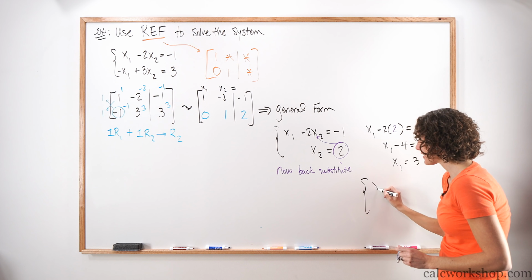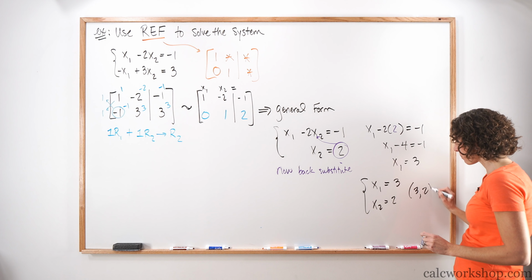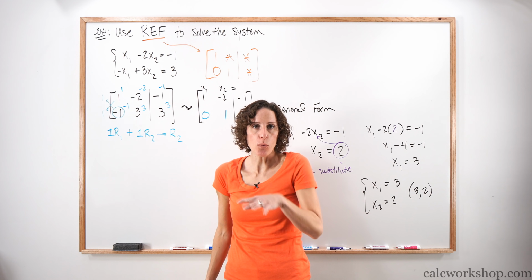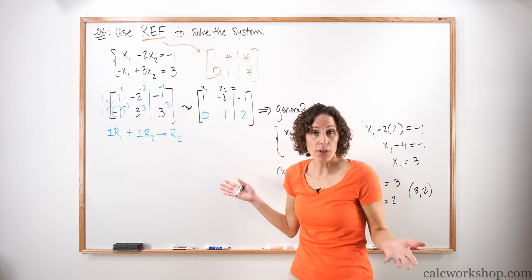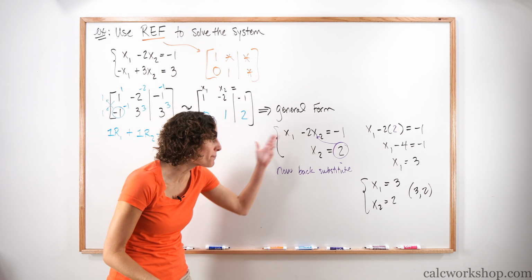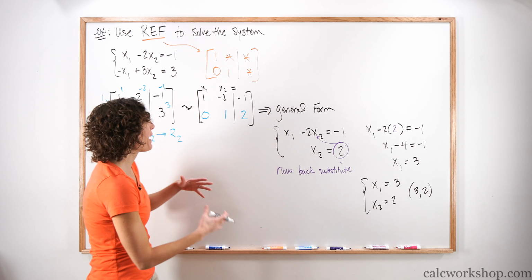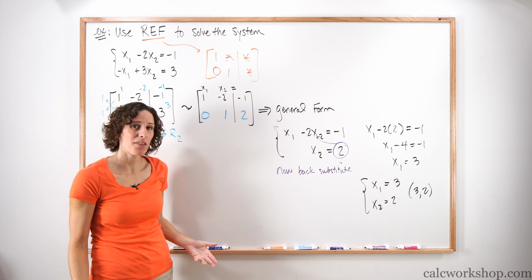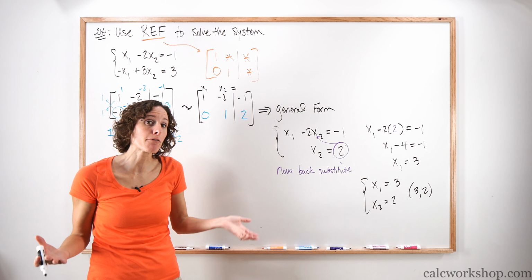Now what I've got is x sub 1 equals 3, x sub 2 equals 2, or it's the ordered pair (3, 2). So REF is pretty straightforward. All we're doing is getting our zeros in the lower triangle. And then we would get our pivots if we need to, which is what we saw was a pretty straightforward question. But the irritating thing at the end is that you still have to back substitute. And no one wants to do that, especially if you've got a bigger matrix. This one wasn't hard, but imagine if you had 5 equations and you had to back substitute 5 times. Ooh, that'd be really frustrating. So REF is definitely effective, but it's not as powerful as our RREF.